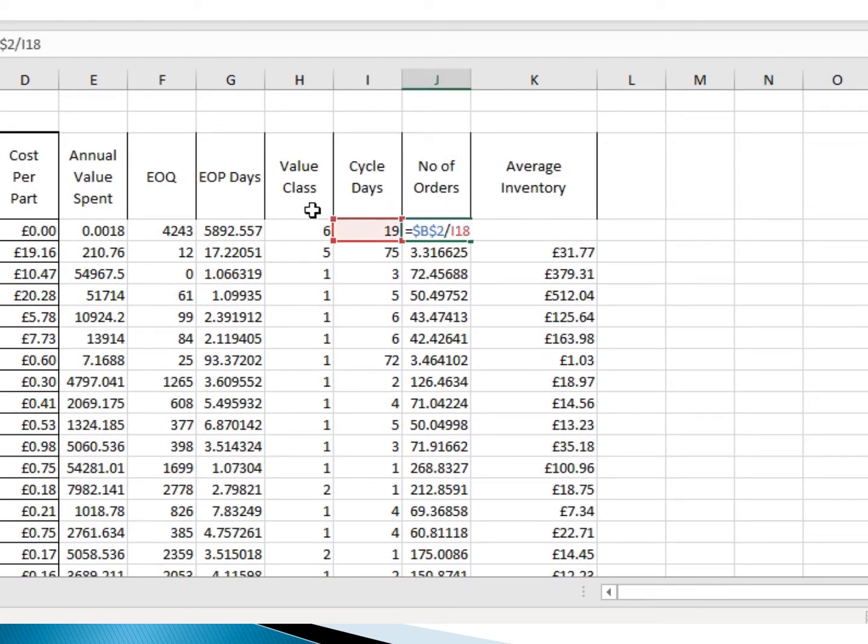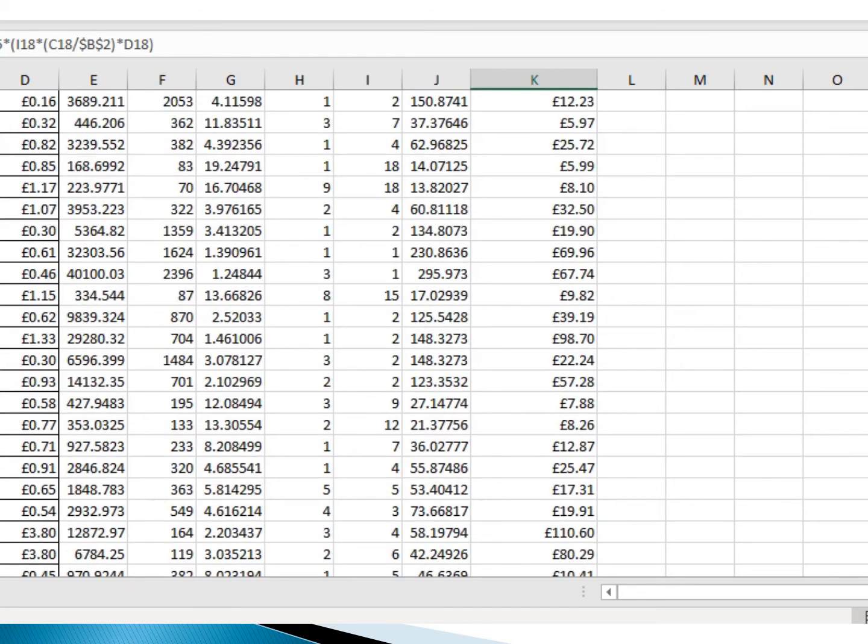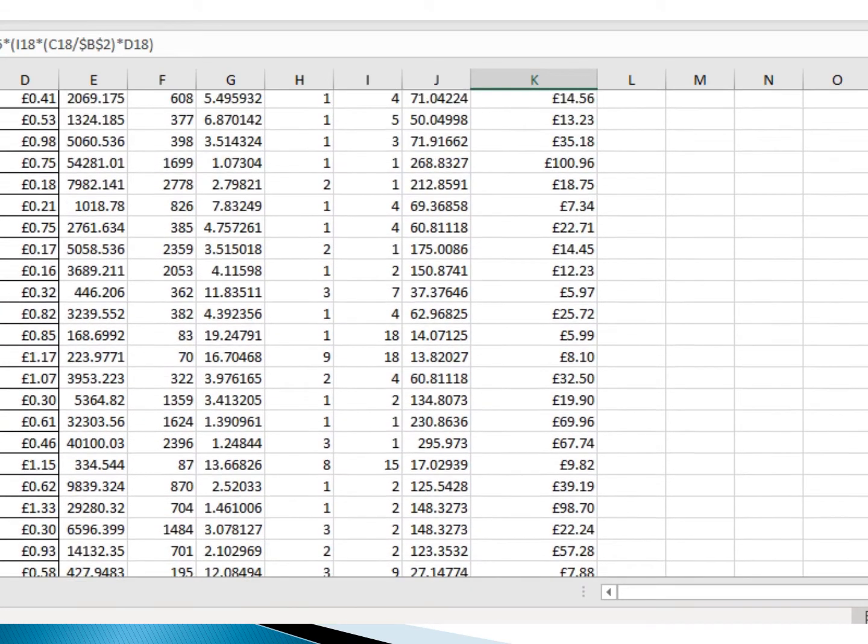This is the formula to get the number of orders, and this is the formula to get the average inventory: I18 multiplied by C18, divided by B2, and multiplied by D18. Then finally we get the value of the average inventory, and here we take the constant K from 1 to 100.